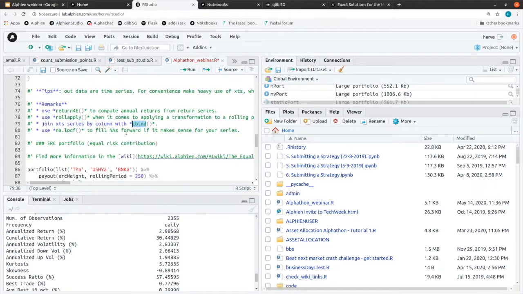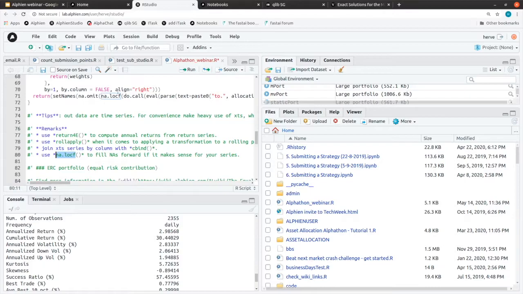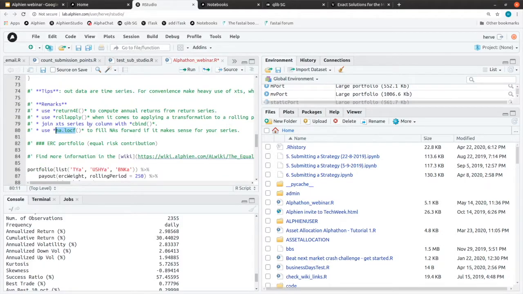Otherwise, in the stress test, you might have a forward-looking bias, which is something that some of you have already experienced, and then it's quite difficult to see where the mistake was made, and often it's because some time series were not joined properly. And lastly, we also use NA log F, which is basically replacing NAs in a forward-filling manner. I see there is a question